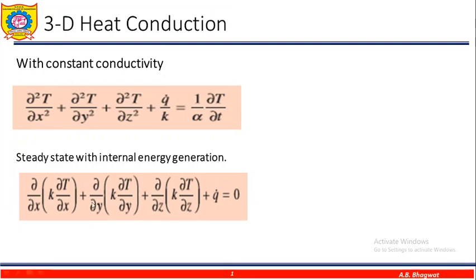So now, how do I reduce this three-dimensional heat conduction equation to one-dimensional? What do I understand by one-dimensional heat conduction? This means that whatever the heat conduction that is taking place in y direction and z direction, if I am dealing with only the x direction, it becomes absolutely insignificant, or that process is so small in quantity that we neglect those. Heat transfer in y direction and z direction we neglect, and only the temperature difference in the x direction does matter. That's why we reduce this three-dimensional heat conduction equation to one-dimensional heat conduction equation.